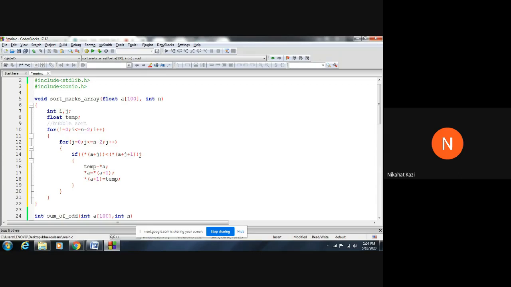Everyone has done selection sort. Good, Ishan, good. And inside your sorting, your temp will also change. Temp is equal to star of a plus j. Star of a plus j is equal to star of a plus j plus 1, right? This will also change accordingly. Please make the changes so that everyone can see this. Others, please observe what he is doing. I hope some of you have written it at least.